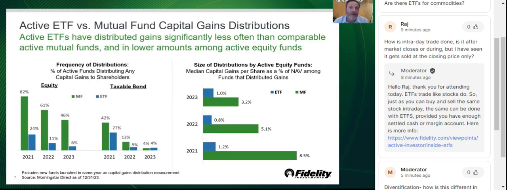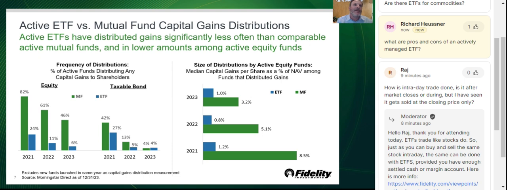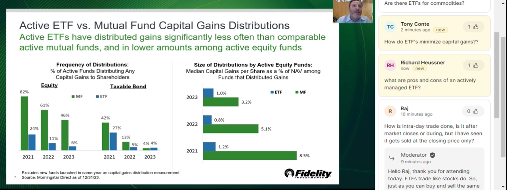So if we go to slide 7, this is where I think it really starts, or what people really want to understand. Before I explain why ETFs are tax efficient, explain to me, how big is the impact? How big is the difference that I should be thinking about for the tax efficiency of ETFs? On the left side, there are two charts, equity and taxable bonds. Let's just start on the equity side, on the far left. In 2021,